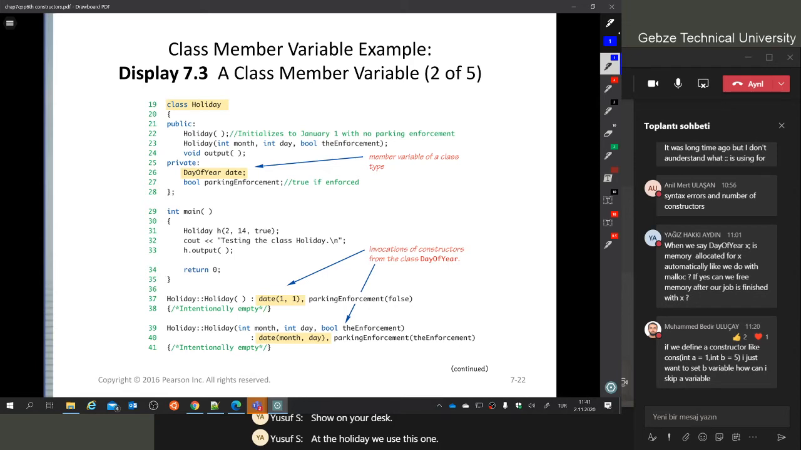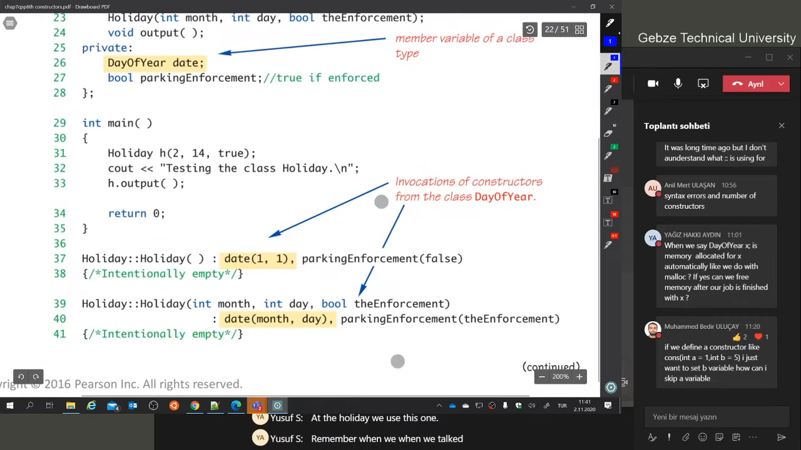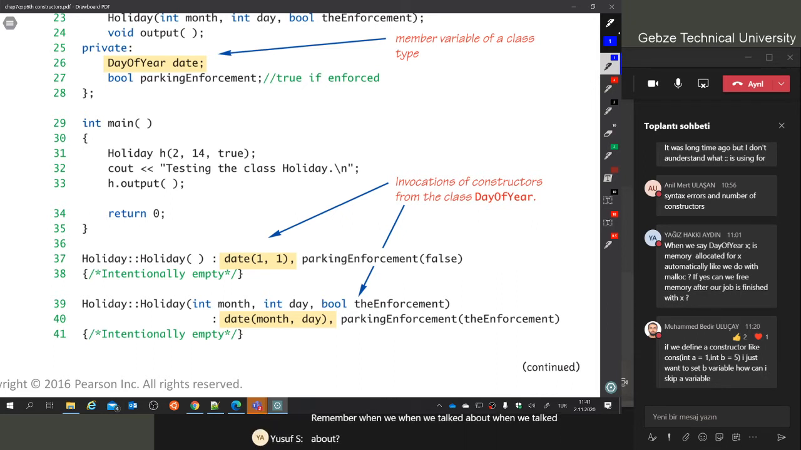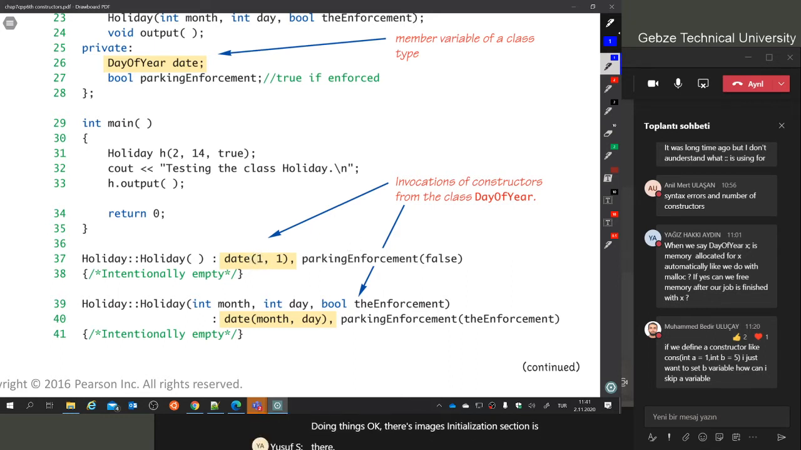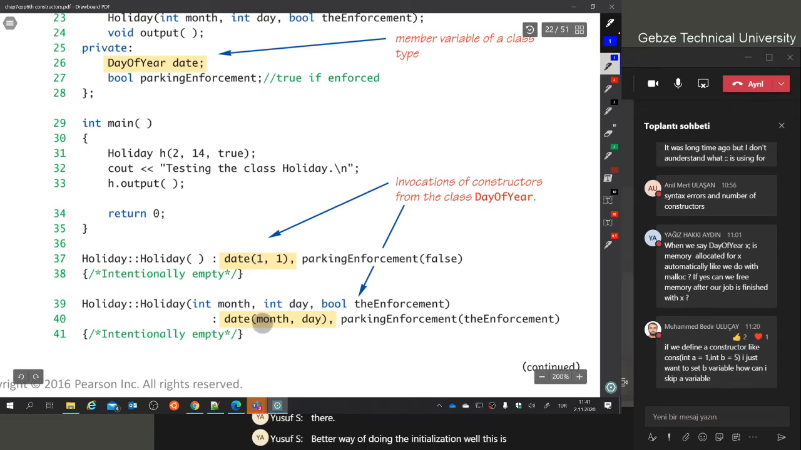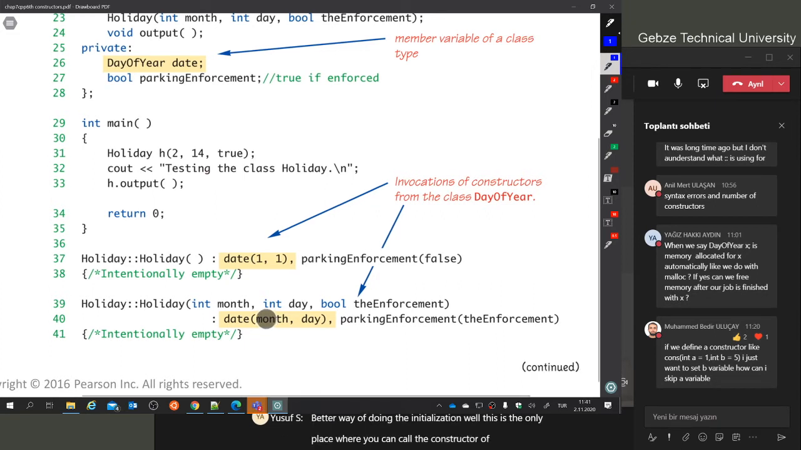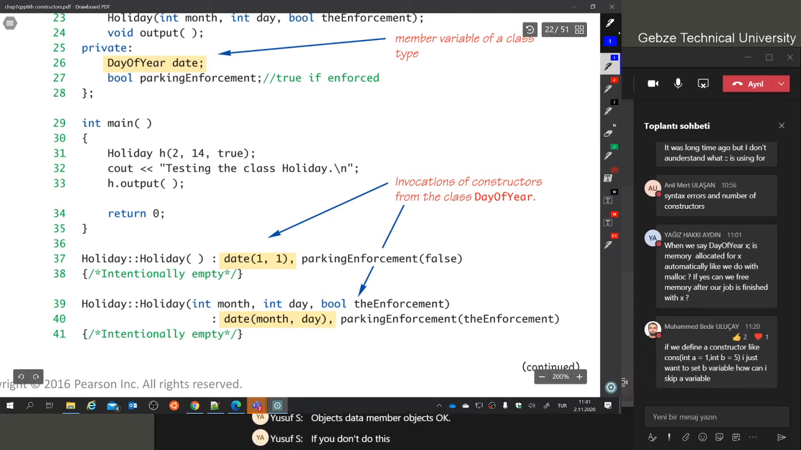Remember when we talked about initialization, we said that this initialization is a better way of doing things. This initialization section is the better way of doing the initialization. This is the only place where you can call the constructor of your data member objects. If I don't do this,